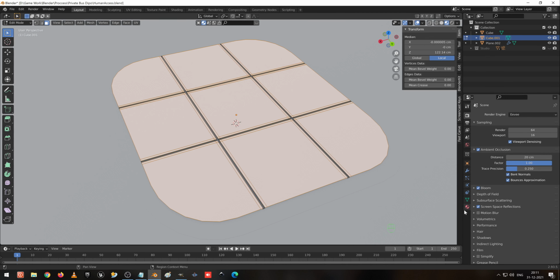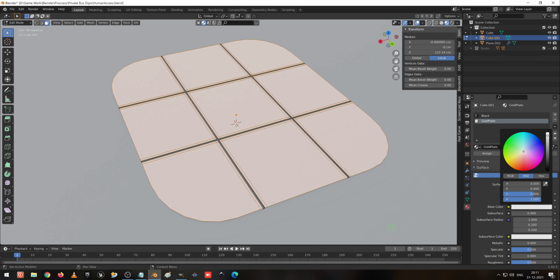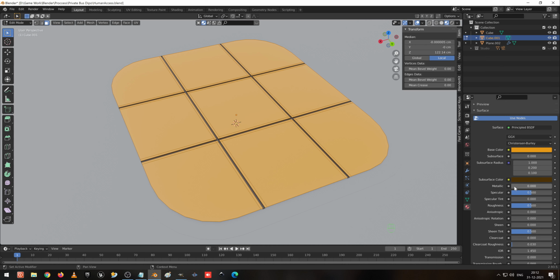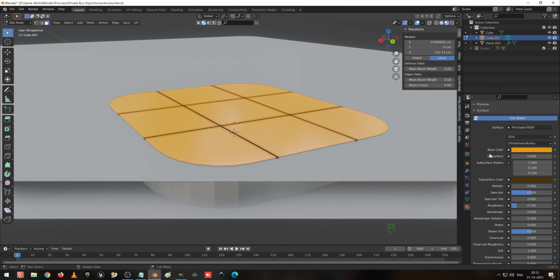Now I go to the material preview and I go for the golden color. Okay, I hope this looks better, and I am going to pick the same and make it a little bit darker, and I go down, I reduce the roughness, and I'm going to increase the metallic value.